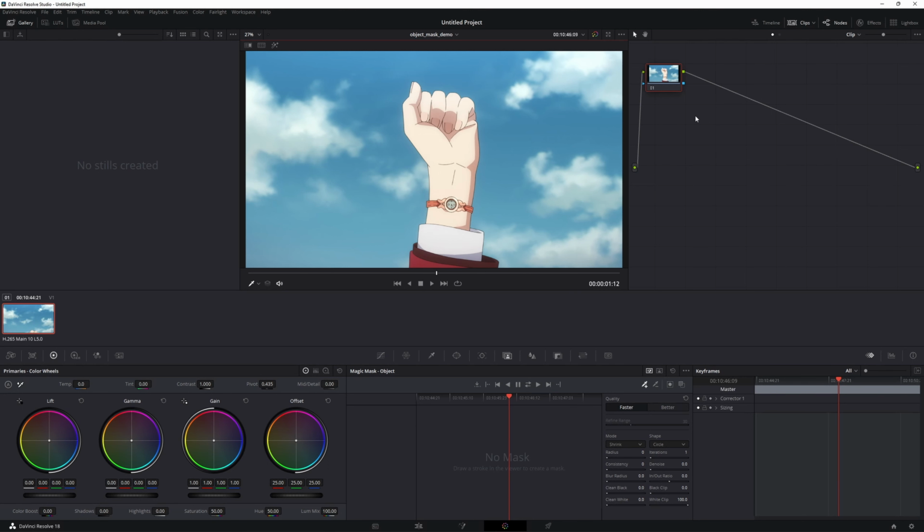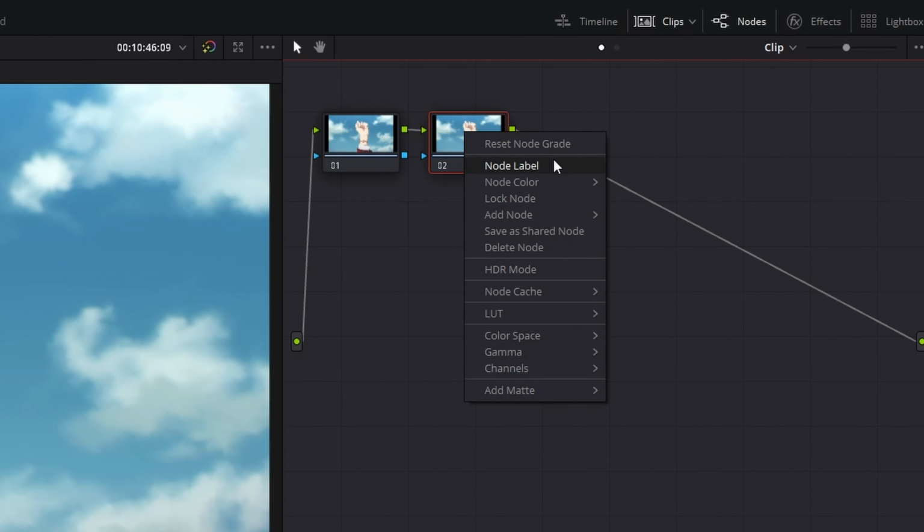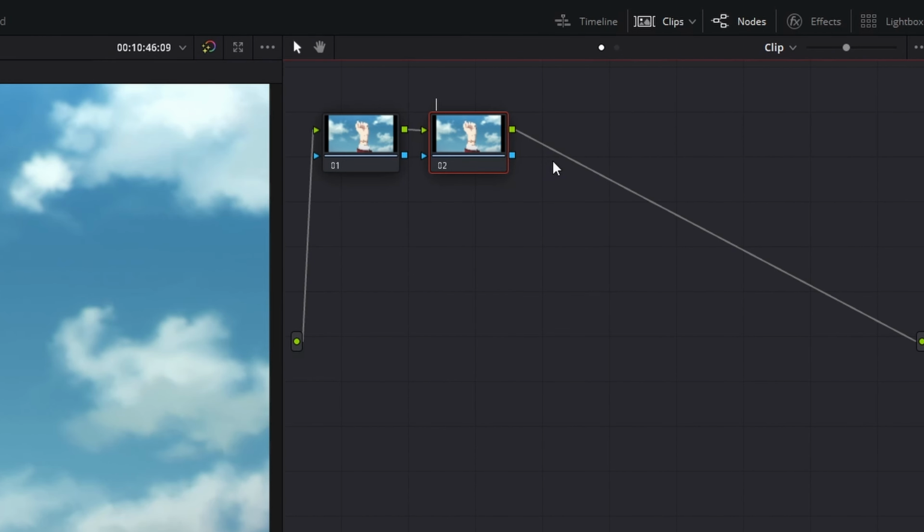On the right side, you'll see our nodes. I'm not going to give you a full breakdown of Resolve and all of its nodes, but in a nutshell, we want to stay organized. We don't want to modify our source footage. We want to add on top of it. So we're going to create a node that's going to store all of our masking. To create this node, all we're going to have to do is click Alt-S. We can right click and create add node, but we can also just use the hotkey Alt-S to add a new serial node. This node, we're then going to right click and label. If you're following along, this is, again, optional, but I like to be organized.